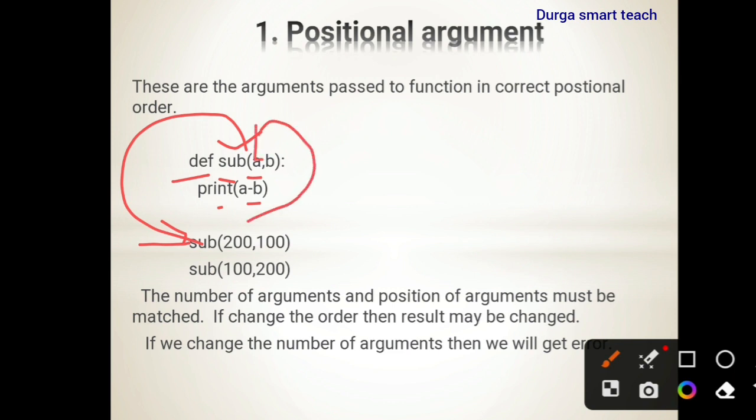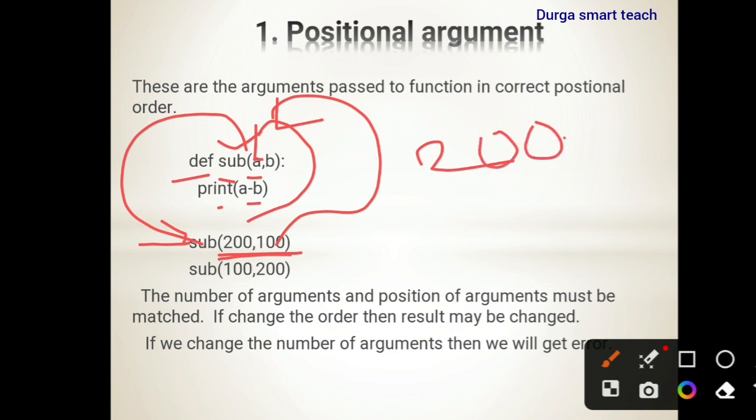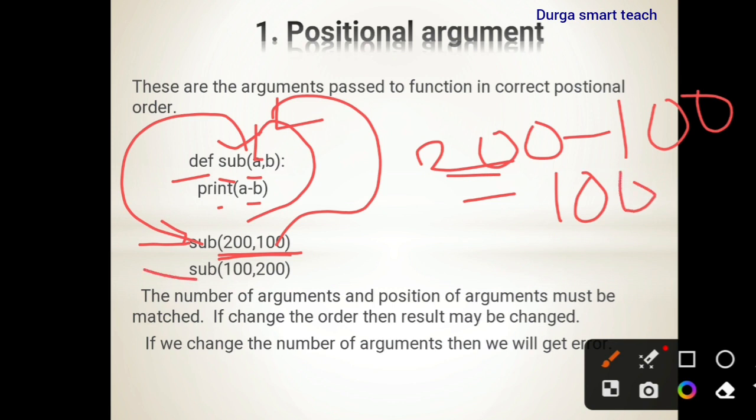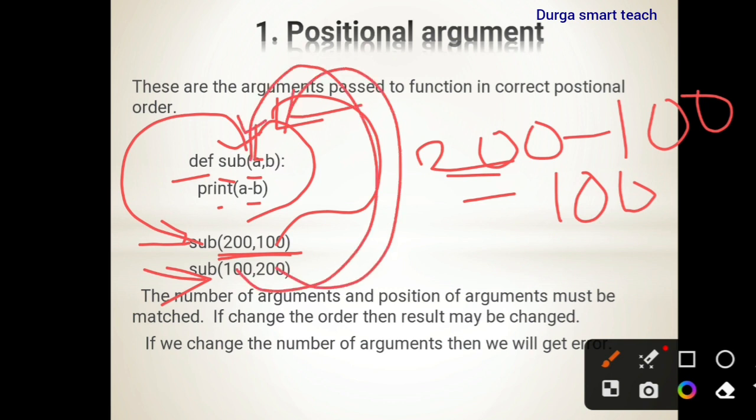200 will be stored in a and 100 will be stored in b. Based on the position the values are assigned to variables. So the answer is 200 minus 100, so the value is 100. Next I am calling the same function sub and now passing the parameters 100 comma 200. If you observe, the position is changed. So 100 will be stored in a and 200 will be stored in b. So 100 minus 200, that is